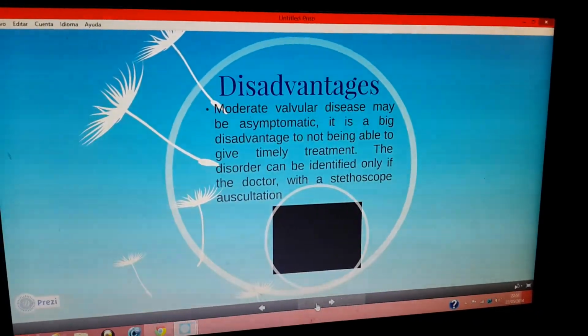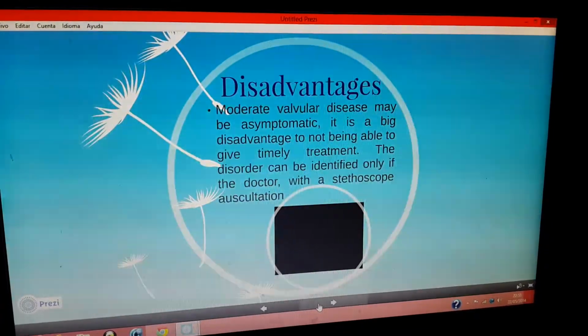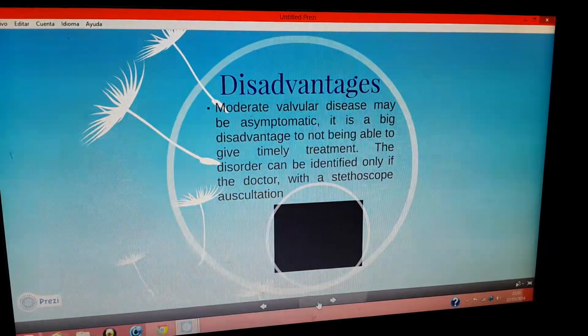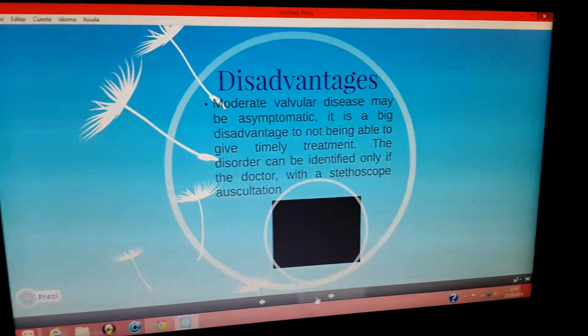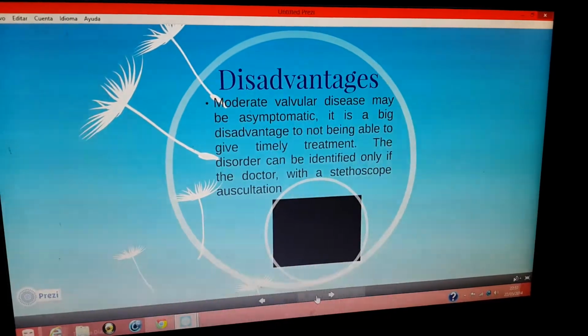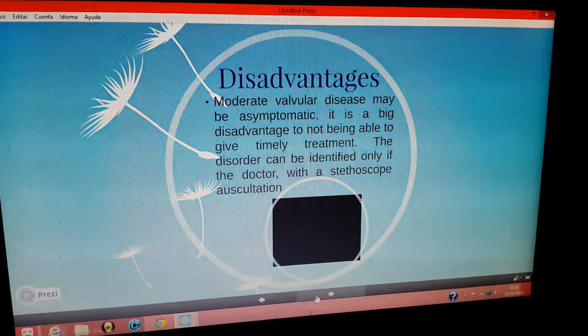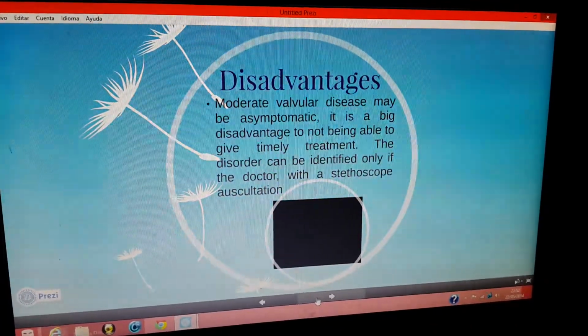Disadvantage. Moderate valvular disease may be asymptomatic. It is a bad disadvantage to not being able to gain timely treatment. The disorder can be identified only if the doctor, with stethoscope auscultation,